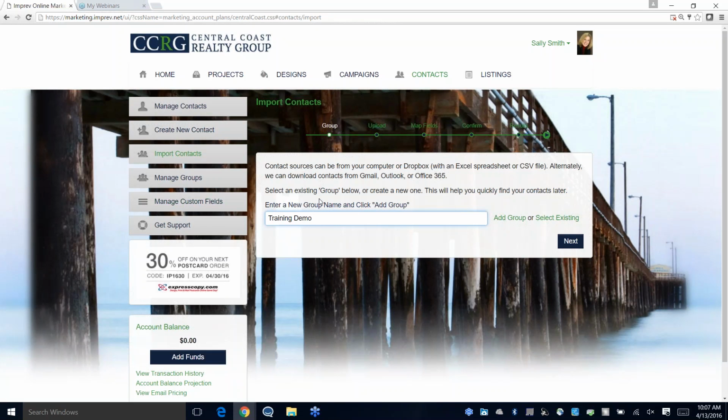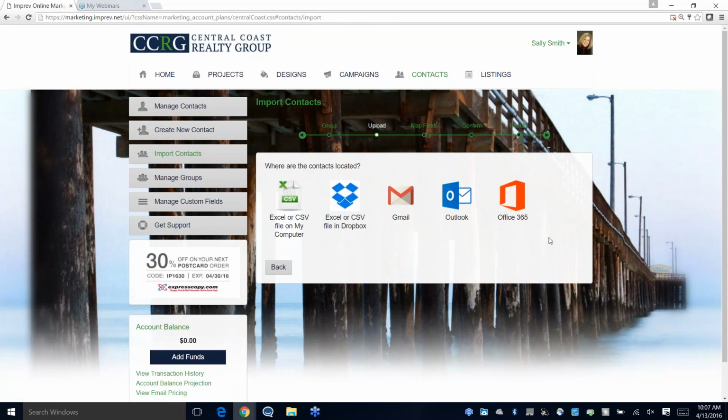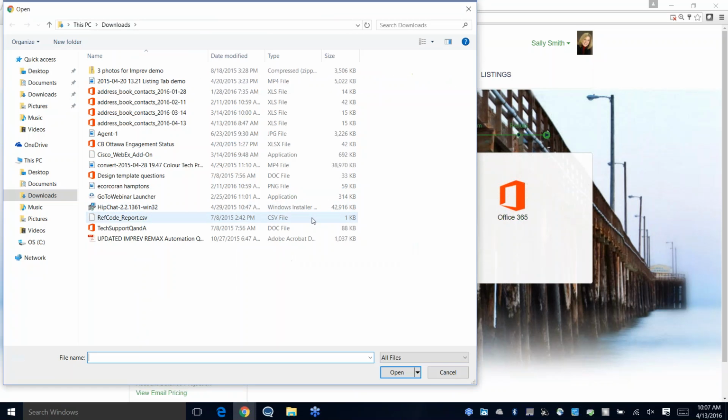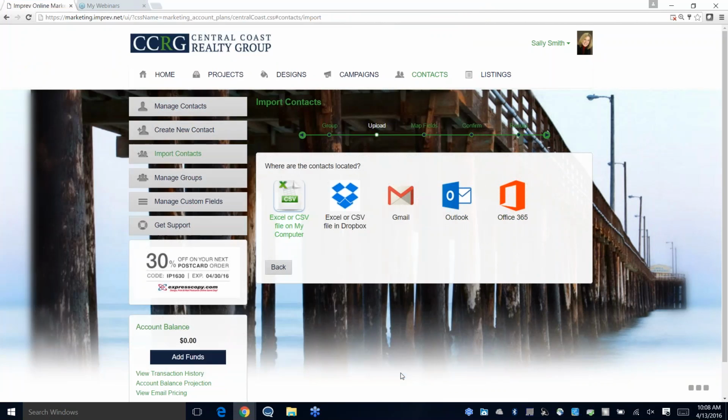So what I'm doing now is I clicked the Import Contacts button, and I want to put the contacts I'm about to bring in into a group. I gave this group a name of Training Demo, and I'm going to say Add this group. I'm going to click Next. Now I need to select the file on my computer, or if my contacts are stored in any one of these resources, I can click on that to bring them in. My file is actually on my computer, so I'm going to click here to select my contacts,